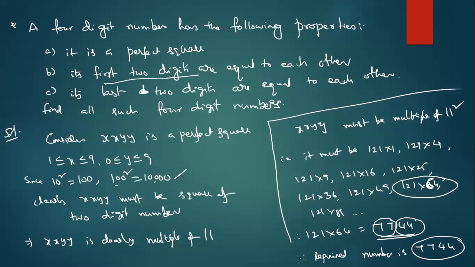Now I'm giving one question. Suppose 2178, is it divisible by 11 or not? How do you know? First write the number positions 1, 2, 3, 4. So what is the divisibility test for 11? Sum of the even places: 7 plus 1 is 8. Sum of the odd places: 2 plus 8 is 10. 10 minus 8... that means it should be divisible by 11. Check it after that.